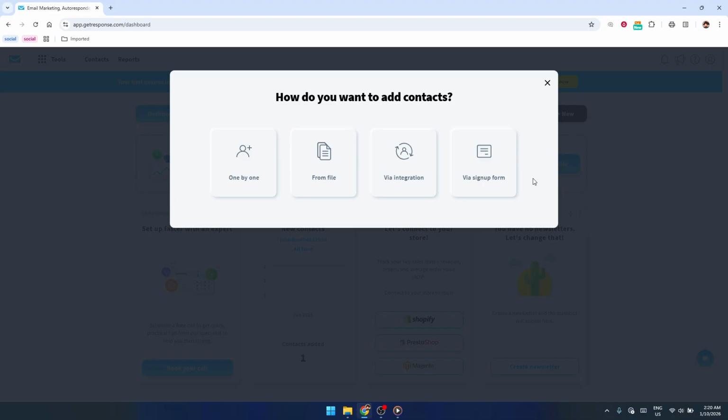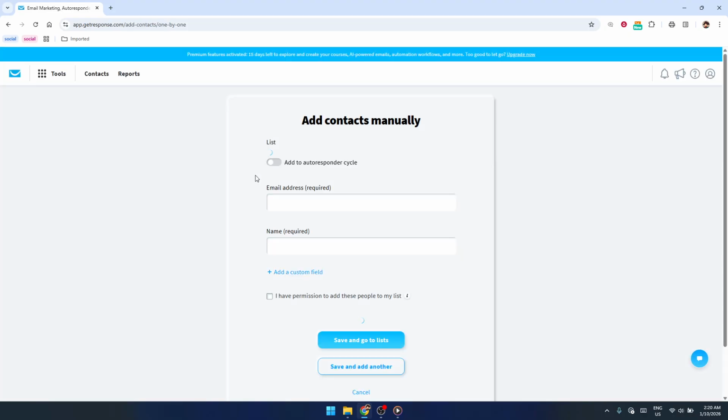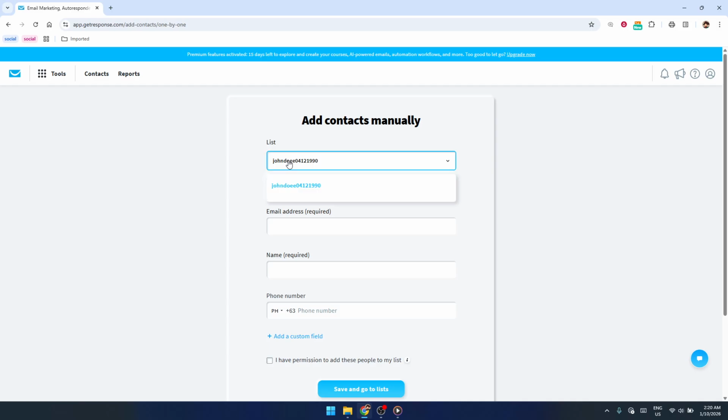Next, you'll need to choose where these contacts should go. You'll see a drop-down menu that lets you select your target list. Click that drop-down and pick the specific list you want to add people to. Take a moment here to double-check that you're choosing the correct list, especially if you manage multiple audiences, like customers, leads, or newsletter subscribers. Having the right list selected will keep your contacts organized and make future email campaigns much